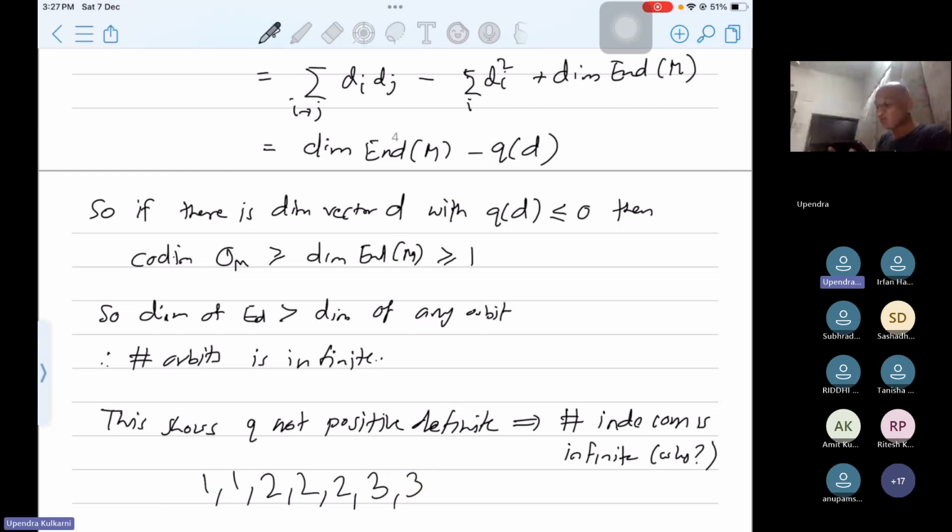So if I want to get a representation of total dimension 100. By dimension, I just mean the dimension of the total, that is the sum of the D_i. So if my indecomposables had these total dimensions, only finitely many,